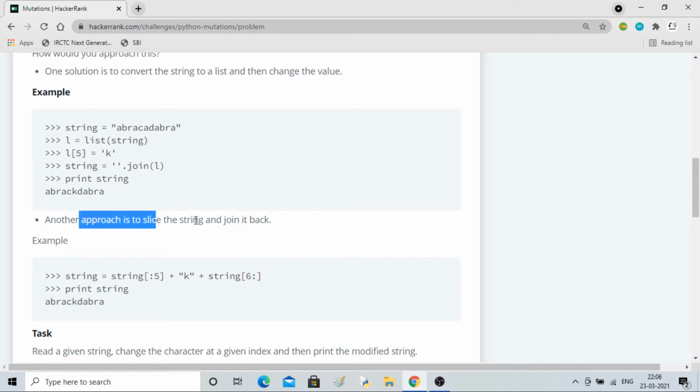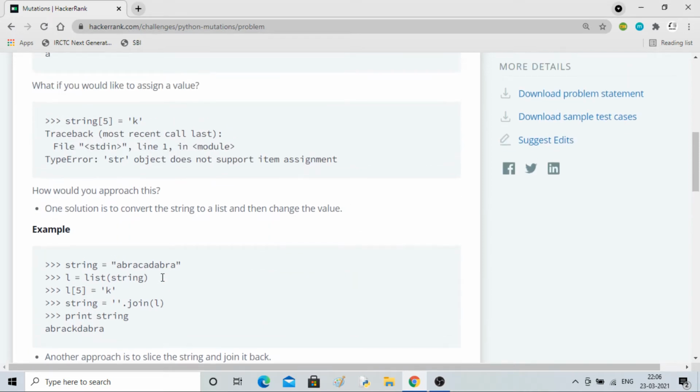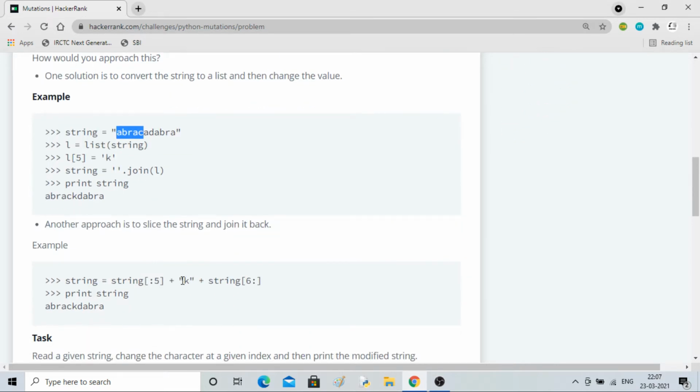Another approach is to slice the string and join it back. It's like appending. This statement means you take the string from the start to the fifth element, then append k to it, and then the rest of the string as it is, from 6 to last. 6 colon means from the 6th position till the last, and this means from the 1st position till the 5th position, and you have appended it and stored it again in the string.